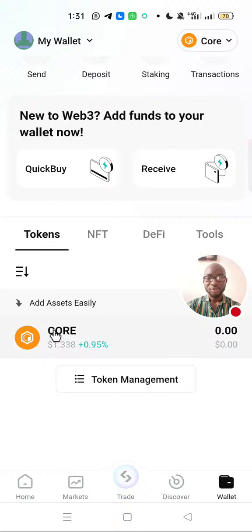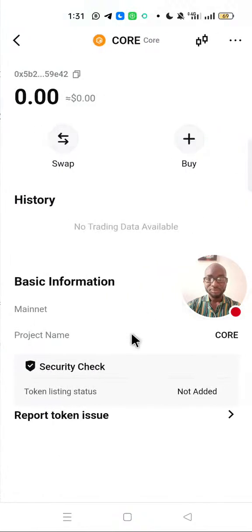You have core because it's actually specified in the announcement for the submission of the wallet address that it has to be core EVM. That's why we have to go up to this point. So we've been able to add core now, and just to be on the safe side, you can go as far as saving the private key of core. So when you click on the core,